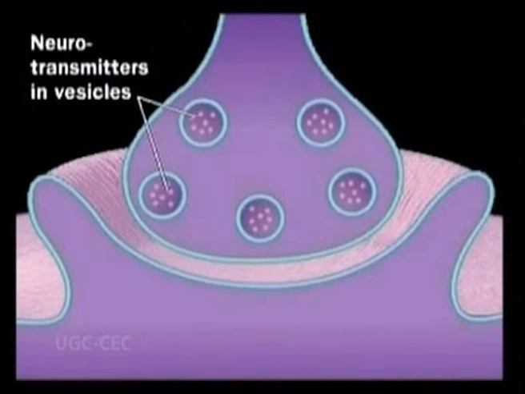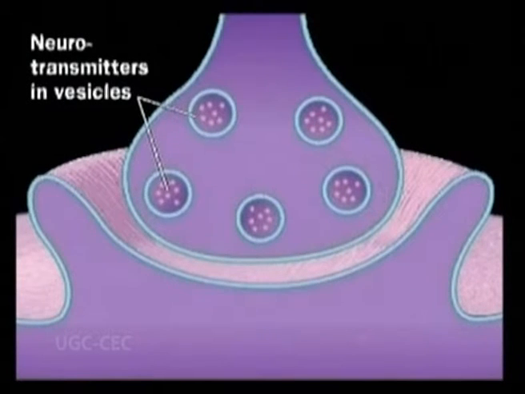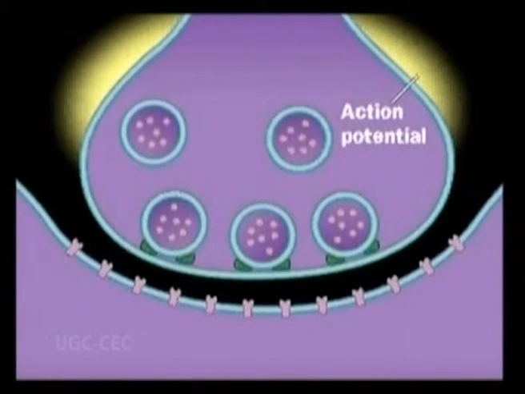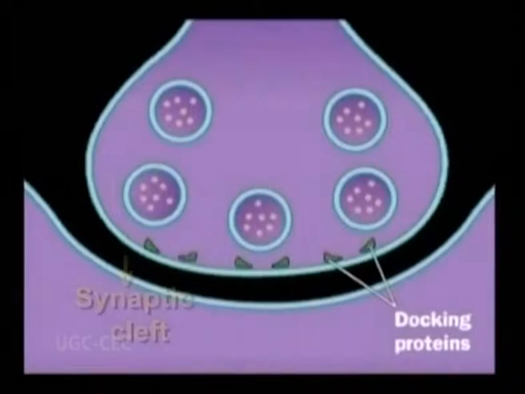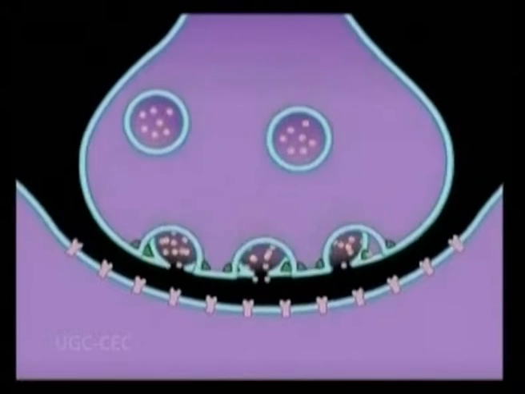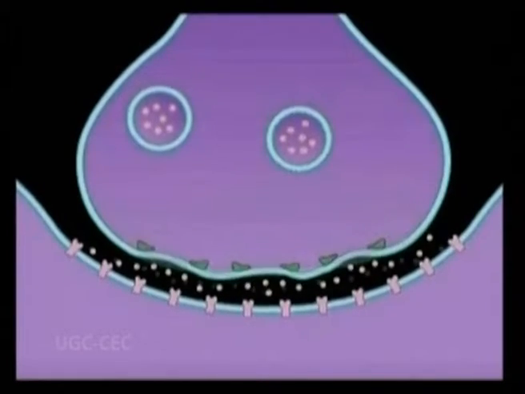Within the end bulb are found lots of synaptic vesicles, which contain neurotransmitter chemicals, and mitochondria, which provide ATP to make more neurotransmitters. Between the end bulb and the dendrite, that is, the cell body of the postsynaptic neuron, there is a gap commonly referred to as the synaptic cleft. So, pre and post synaptic membranes do not actually come in contact. That means that the impulse cannot be transmitted directly. Rather, the impulse is transmitted by the release of chemicals called neurotransmitters.